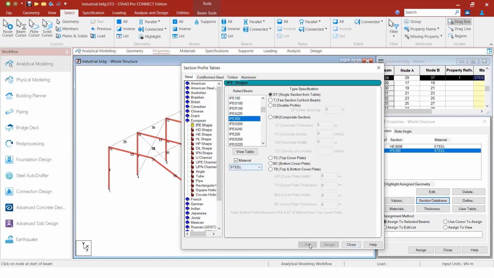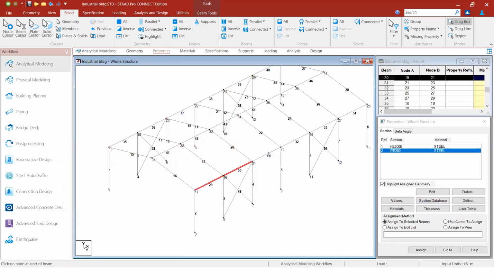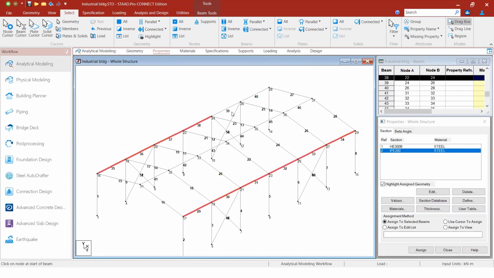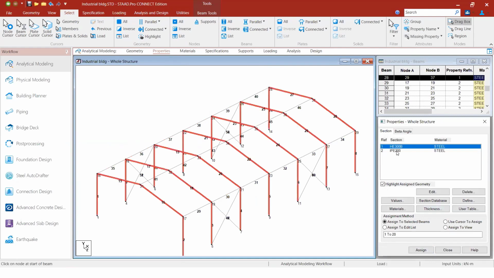So I'm adding it to my property set and providing it to the beams. You can make this Indian sections also. These are all I-beams in European sections. I will show you a 3D image of that so that you get more idea.